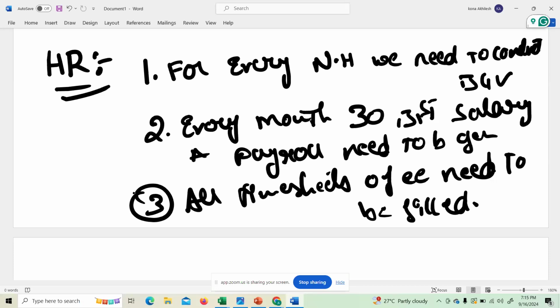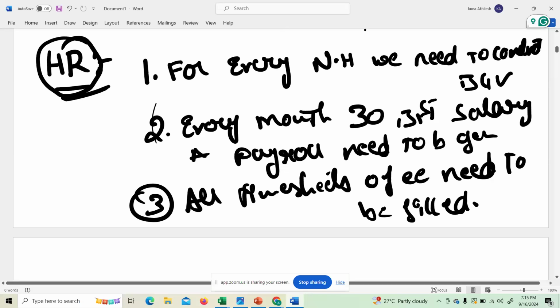I'm giving an example just to build a scenario of how ITGC and IT audit work. For the HR team, these are the three controls this team needs to work on. How can we identify whether these three controls are satisfied by this team or not?